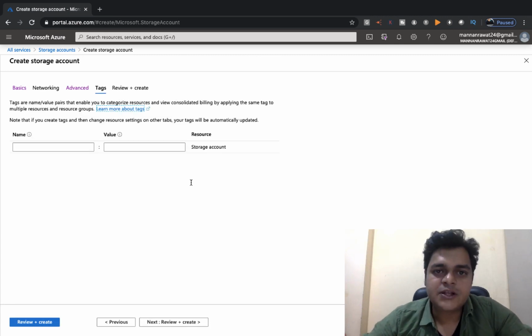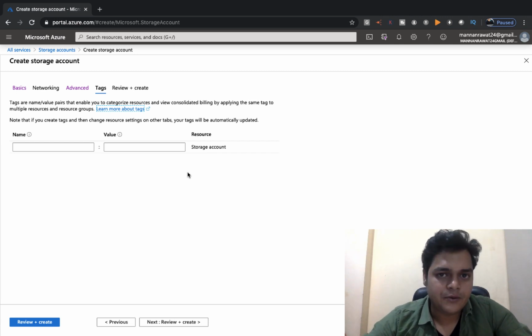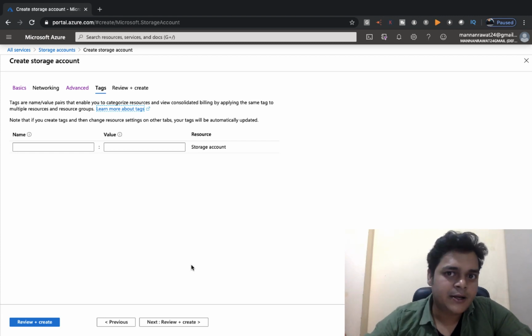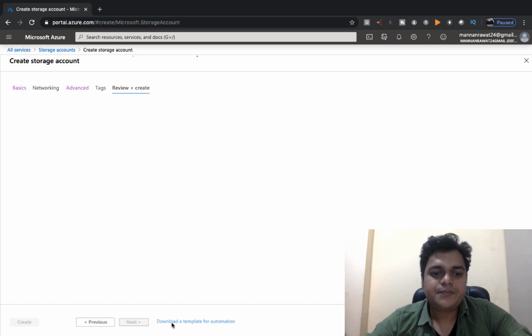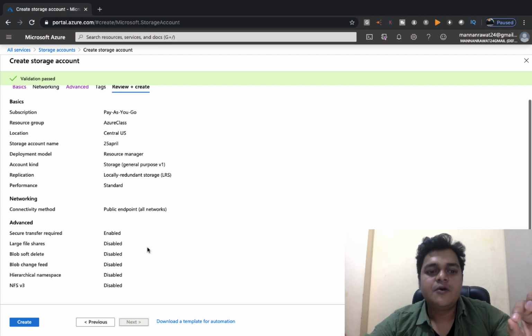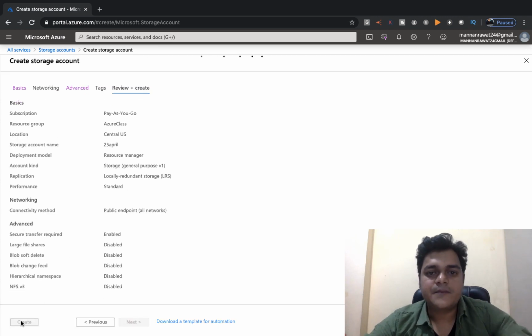This is another option called tags. As per the name, you can use the tag to identify your data. You can say that it works just like an index. If you have multiple storage accounts, you need to configure your tag name so that you can easily identify your storage. And last, if everything is okay, you need to take a screenshot of your entire information for further reference, and just click on the create icon.